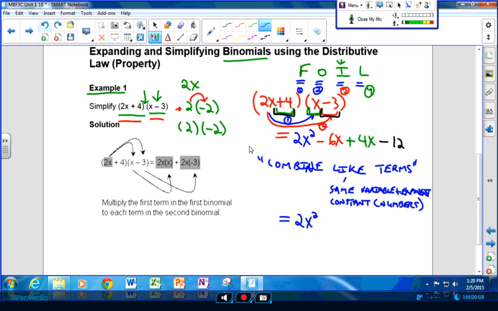But notice this second bit here. I have a negative 6x and I have a plus 4x. Now, they both have x as the variable, and they both have the same exponent. There is no exponent, but like a lot of things in algebra, if there's no exponent, it's not there. It has an exponent. It's just 1, x to the power 1, right? So I have a negative 6x plus 4x, and we're going to combine those